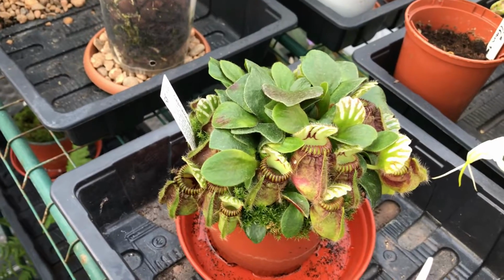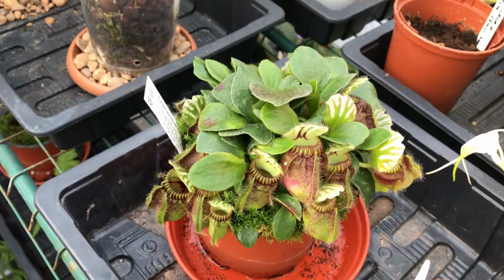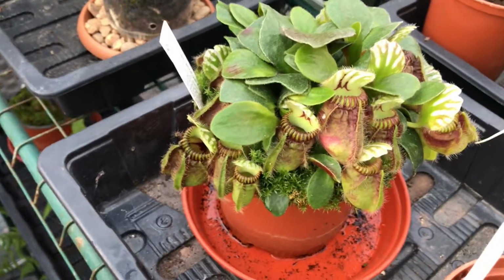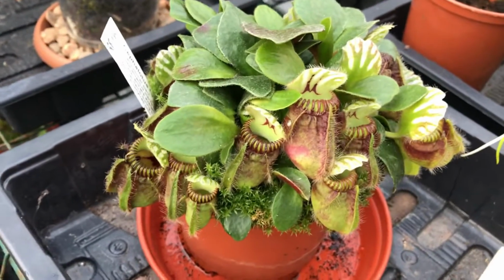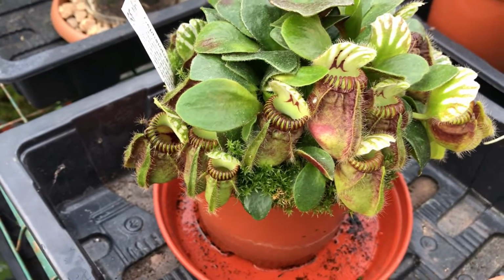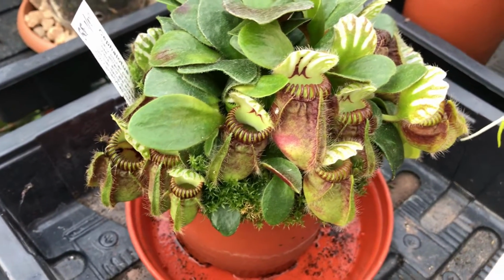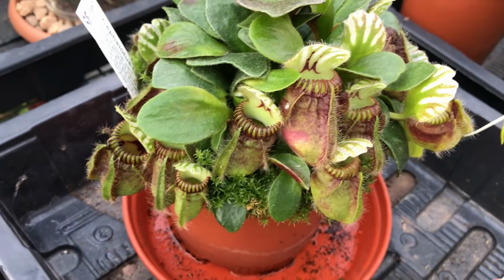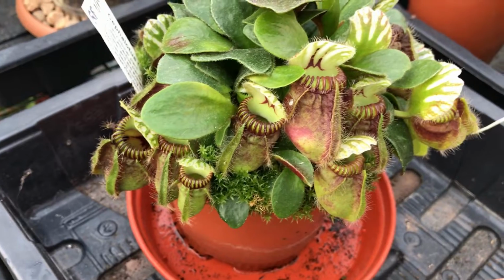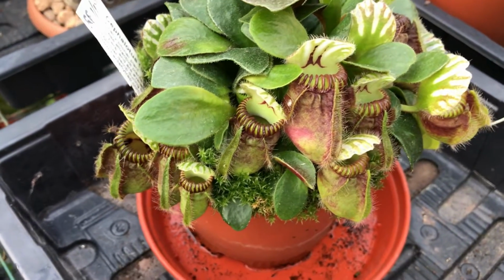I showed you the other day the temperate ones, the Sarracenias and the Venus flytraps, which are outside. But it's more the tropical ones really that I like. There are some Heliamphoras which are absolutely gorgeous, so that's something else I'd like to get. There are one or two others, not huge things. I think the Nepenthes are the biggest really,